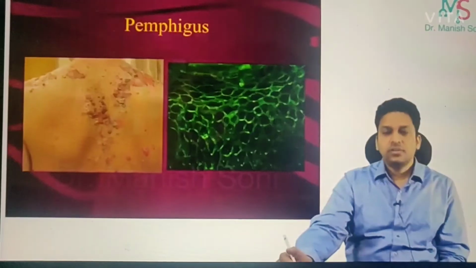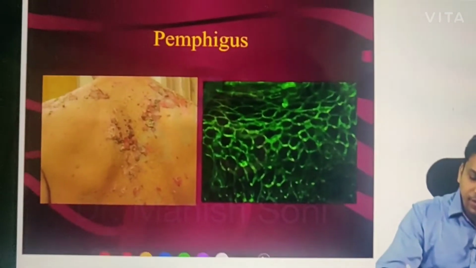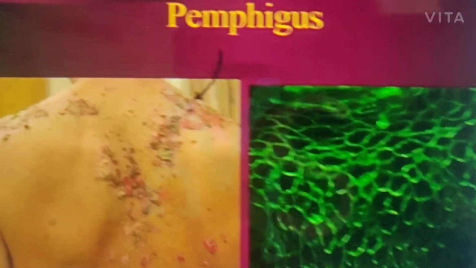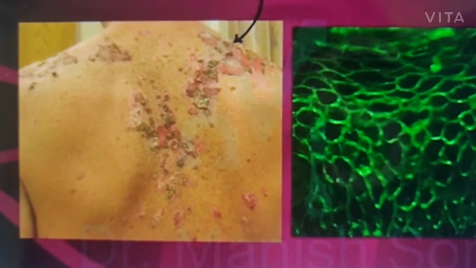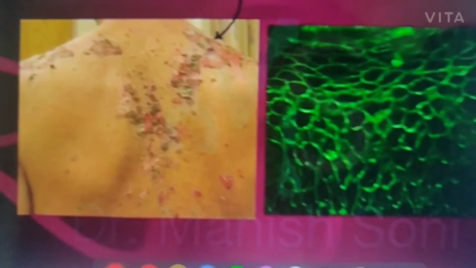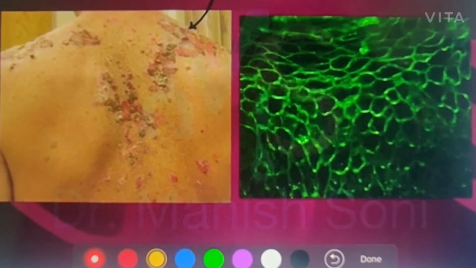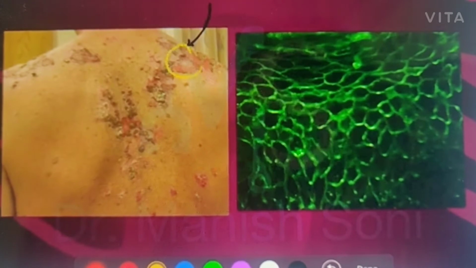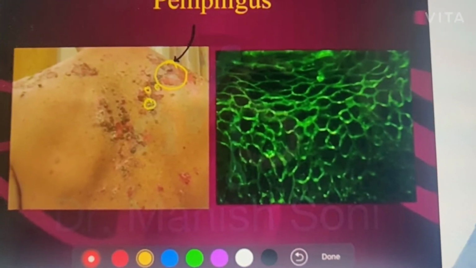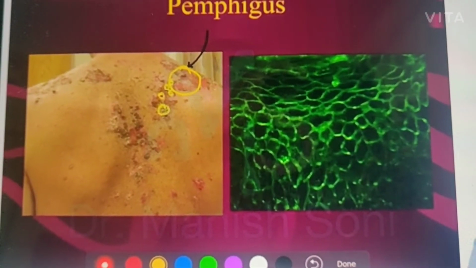So you can see here that this is a patient suffering from pemphigus. Now in pemphigus, since the lesions are present in the epidermis, what happens? They can easily get ruptured. Since they are present in the superficial layer, that is the epidermis, when the patient lies down, like in this patient, the lesions are present over the back, these lesions might rupture. When they rupture, they form these erosions, and these erosions may have crusting. So erosion with crusting might be a finding of pemphigus.